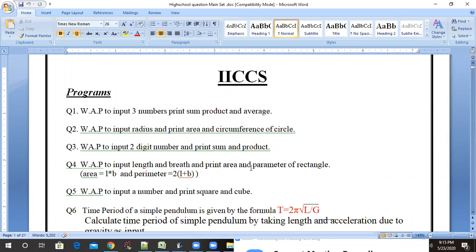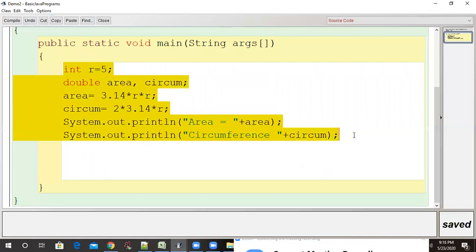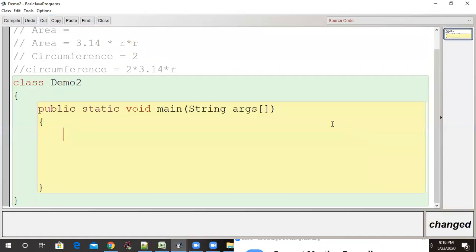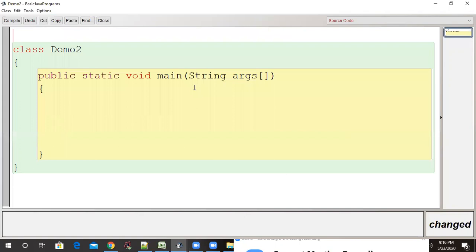But right now we are not taking the input from the user. That we will see in the next couple of days. So immediately I'm taking the value. Just a moment, please. I just want to copy this question here, erase all these things, and paste it in the comment section.